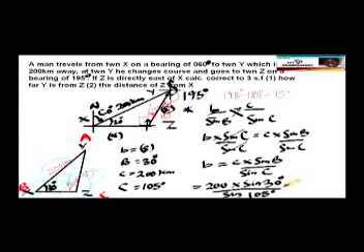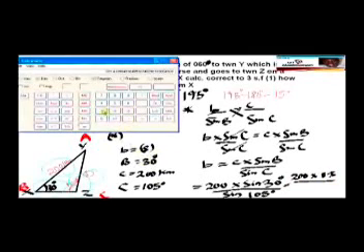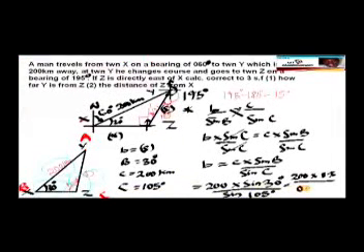Let me see if I can compress this here a little. So I have 200 times sine 30, which is 0.5, all divided by sine 105. Let's see what that will give us. Sine 105 is 0.9659. So we have 0.9659, and this will give us a final answer, which says B is equal to, let's see this,